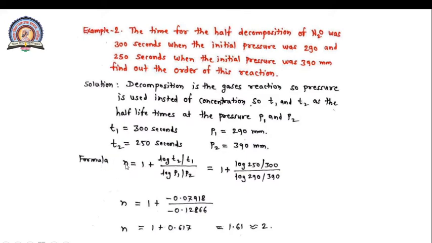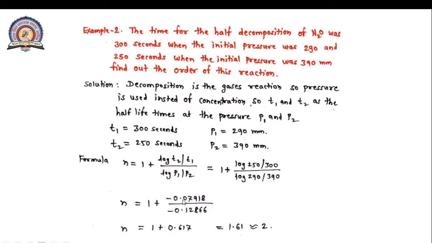Formula used: order of reaction, that is n, is equal to 1 plus log T2 by T1 divided by log P1 by P2. Substituting the values of T1, T2 and P1, P2 in this equation, then the equation becomes 1 plus log 250 divided by 300 divided by log 290 divided by 390. Solve these whole terms. Now this 1 as it is, 1 plus, solve this term,